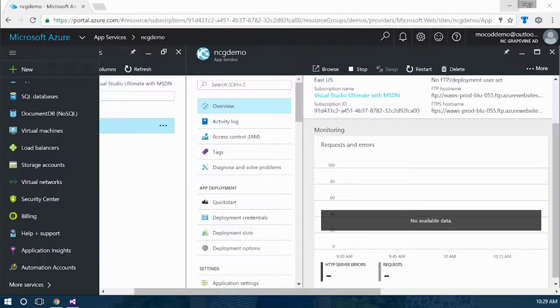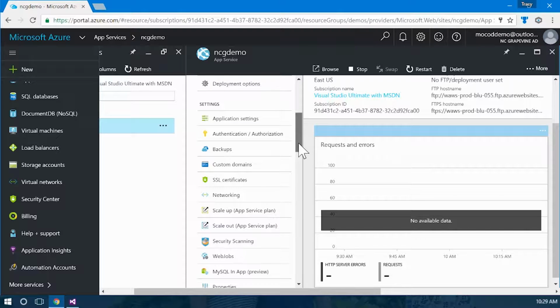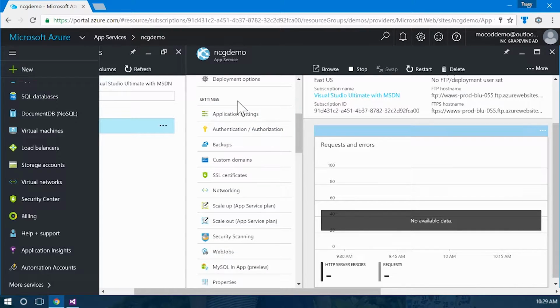I want to show you how you configure auto scaling for a web app. Auto scaling a web app is actually really pretty simple, and you can certainly do it from the command line or the API, but this is also something that can easily be done through the portal. So I'm on the web application that I created earlier, and if I scroll down to the settings section of